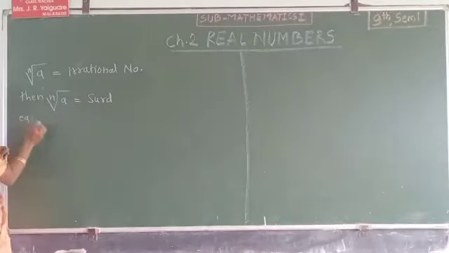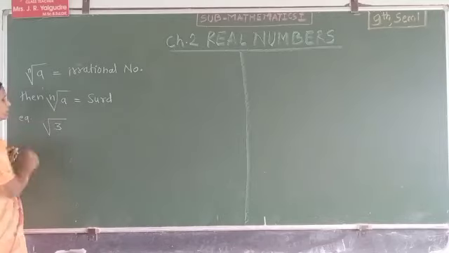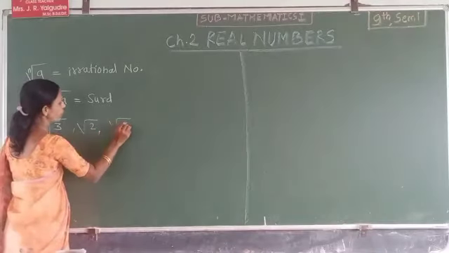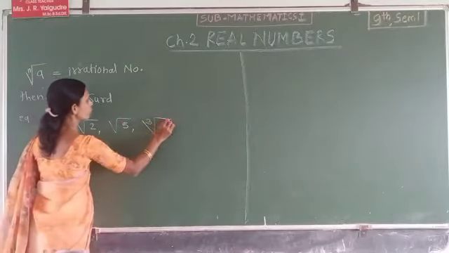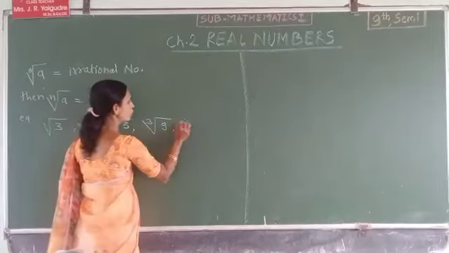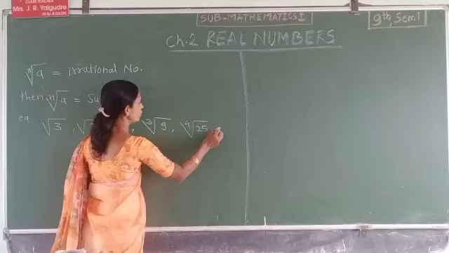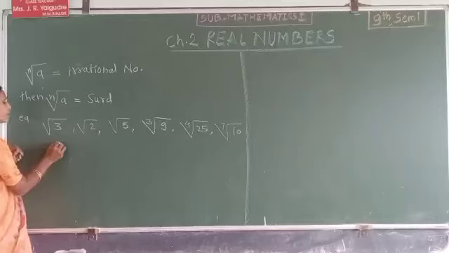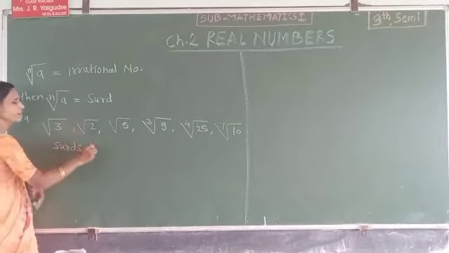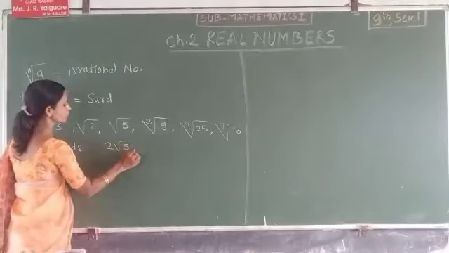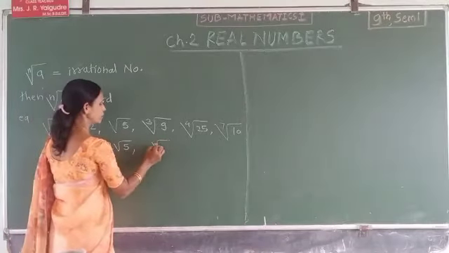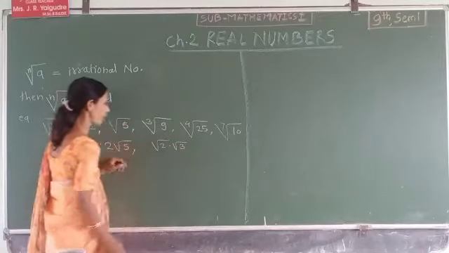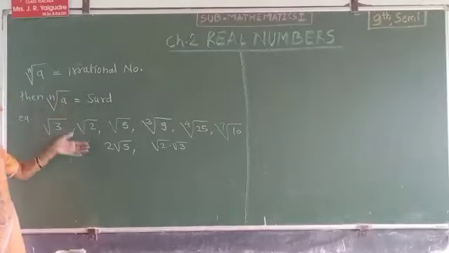the nth root of a is known as a surd. A few examples of surds are given here: root 3, root 2, root 5, cube root of 9, fourth root of 25, seventh root of 10. These are examples of surds, as well as 2 root 5,